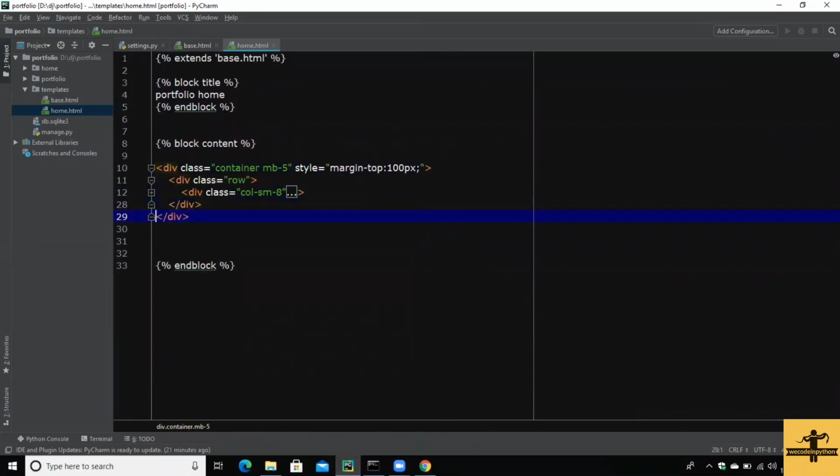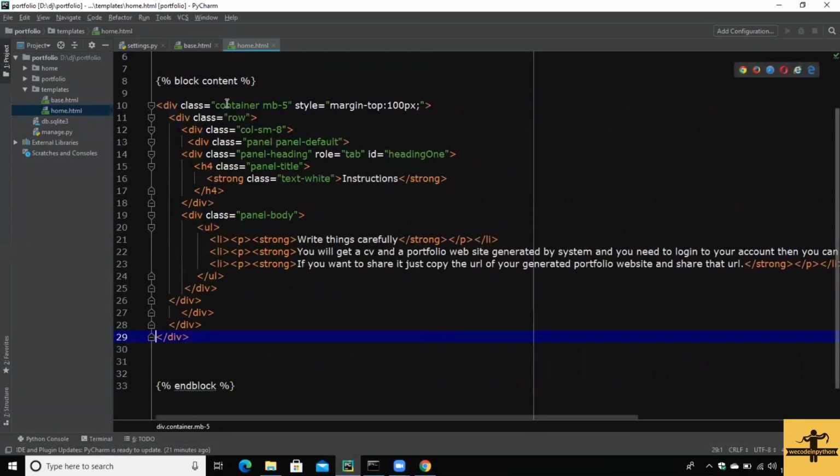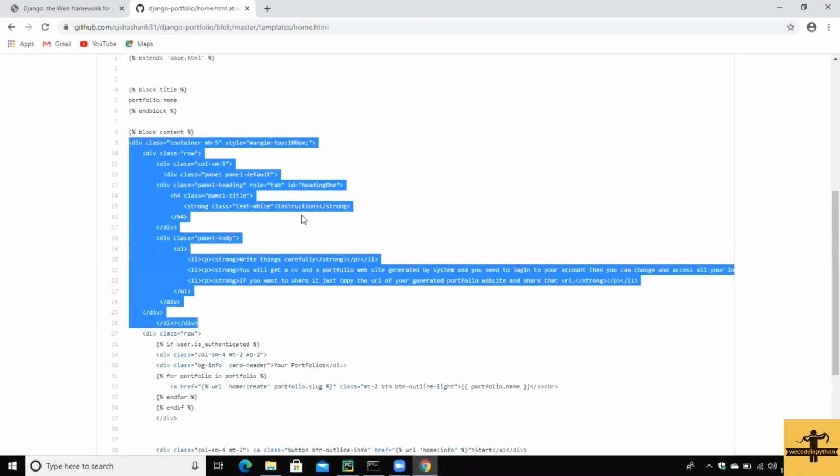We need an extra div here. Okay, so then we started a row, then a column, and in this column we have a panel, and panel title will be instructions. So why this panel and panel title and panel default? This is a bootstrap class. From where is this bootstrap class coming? So this bootstrap class is coming from a